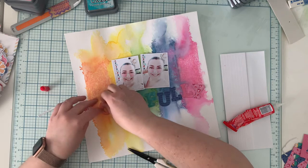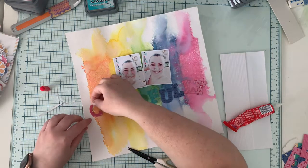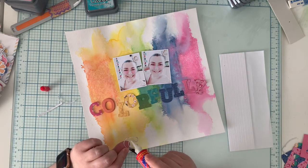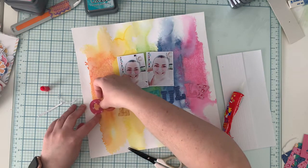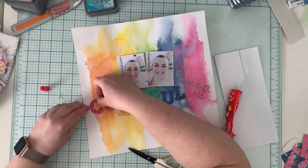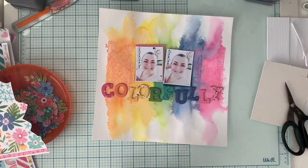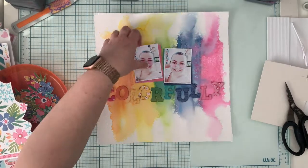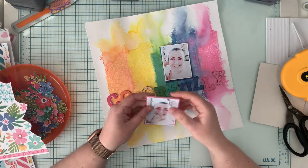And I'm gluing all the letters down using both glue and foam squares. But I will cut this part from the video because it's kind of boring, and everyone knows how to do it. Nothing fancy and very skillful here. After I glued down all the letters, I also added the photos. I have 2 selfies of myself with a funny filter, me wearing watermelon glasses,